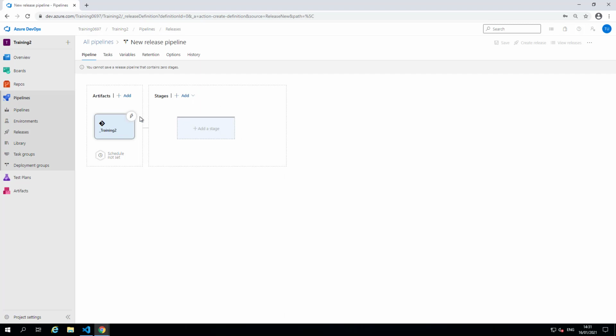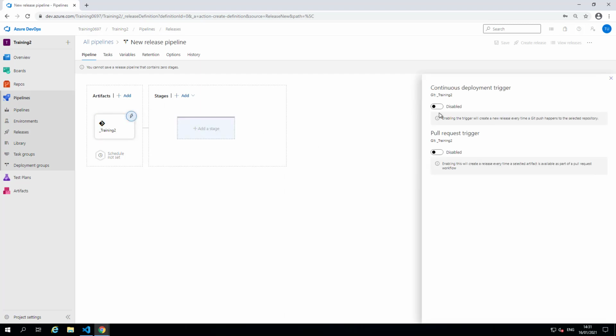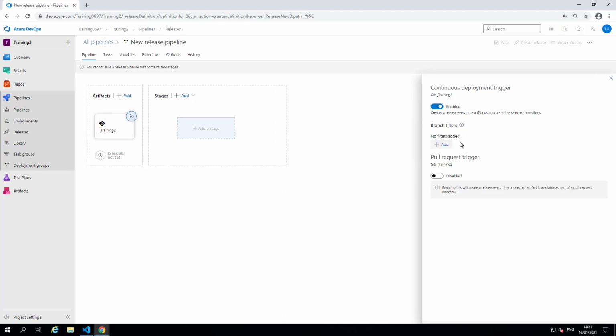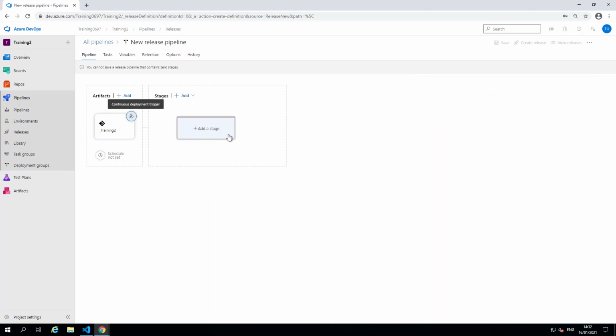And then what we're going to do is just look at this. When do we want it to deploy? So we can just manually kick this build off, what we're going to define. And what we can do is, if we set this continuous deployment trigger here, it means every time we make a change to our code and commit it, so we do a push, then it's going to kick off this build for us, or kick off a release. So let's just do that to start with. And then we need to add a stage. So if we just click a stage, this is saying, when do we want to run this part and where is our code? We can also do it via schedule as well. So we could have nightly builds, for example.